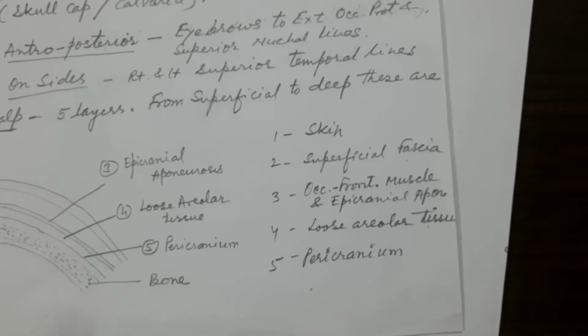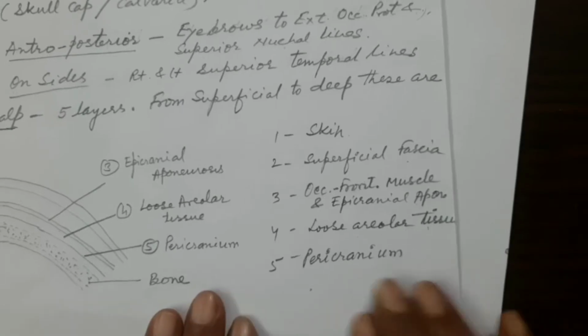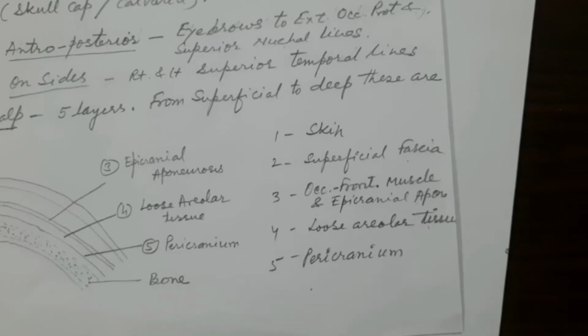skull. That means the bones in the calvaria, or skull cap, are the frontal bone anteriorly, then on either side of the midline the parietal bone, and up to the superior nuchal line the squamous part of the occipital bone. These flat bones are covered by the periosteum, which in the region of the scalp is called the pericranium. So these are the 5 layers, and I will draw these 5 layers